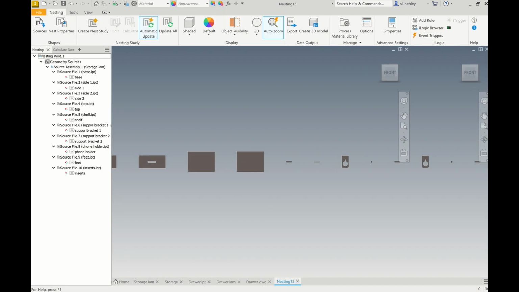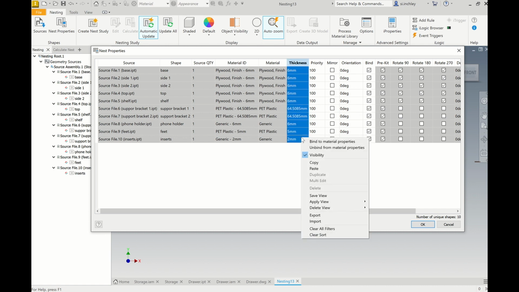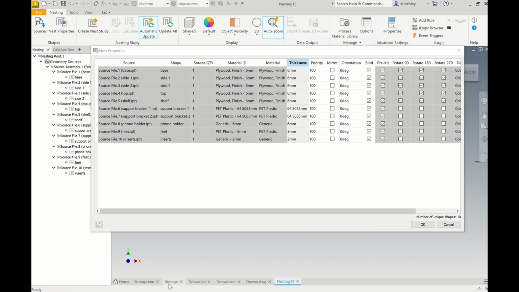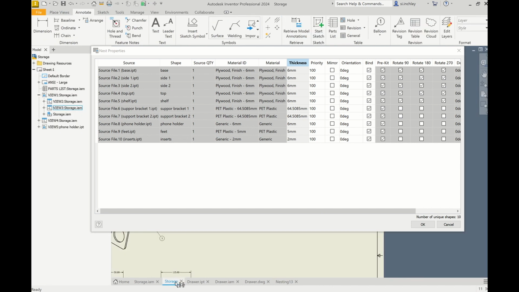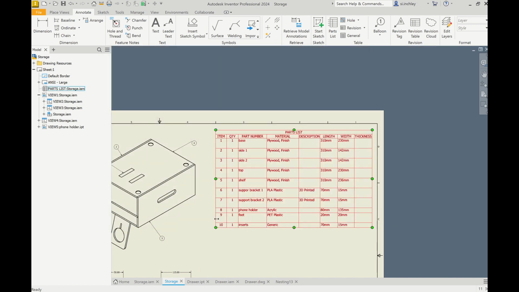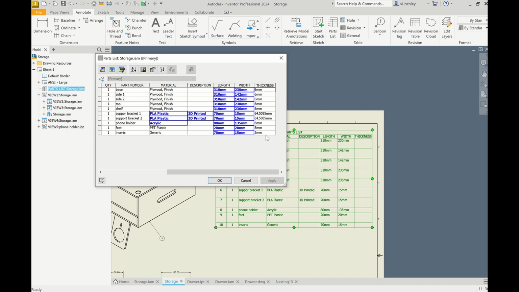We can click on our nest properties again, and we can find somewhere in here is the thickness. These ones don't matter, they're 3D print files, so they're like a volume thickness, so we'll delete them again in a minute. Right click, copy that, come back over to our drawing, click OK, come over to our drawing, double click on here, select the top thickness one, and just paste them in here, and then maybe just delete this, and you can probably get the volume off of